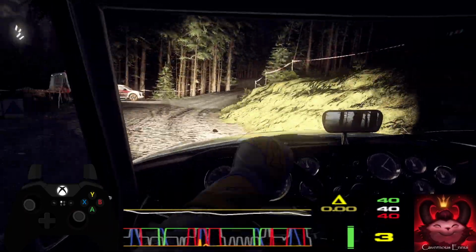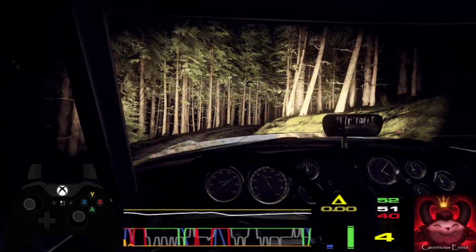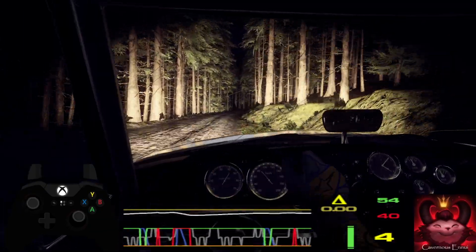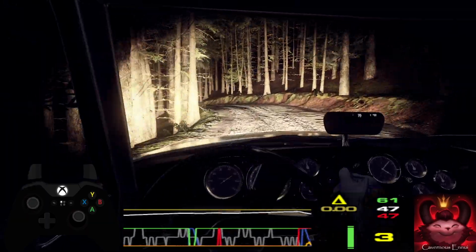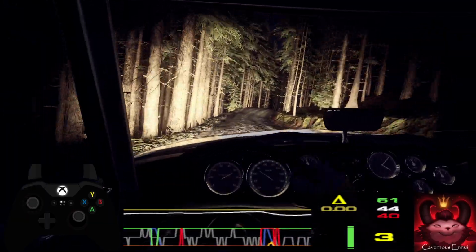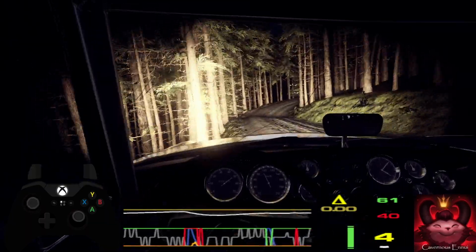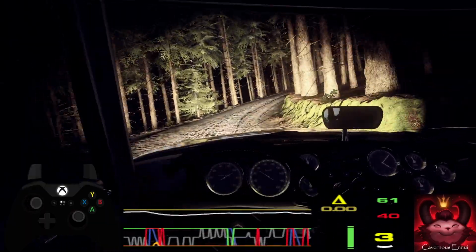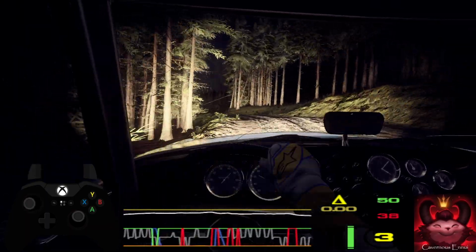Keep middle of a jump, into 4 right long, tightens, 50, don't cut, 3 left tightens, into 3 right of a jump, into 5 left, and 3 right long tightens, into 3 left long tightens, opens of a crest, into 5 right long, tightens 4,